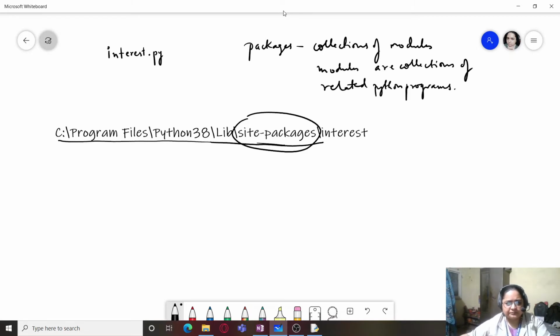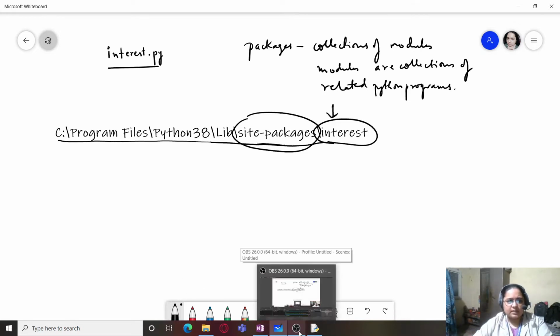So what I have done is I have copied my package, I have copied my module, and I have pasted it over there. How I have done it is a topic for another day. We will discuss in detail how we can create this package and how we can use it in the form of a module, how we can import it as a module. We are just going to see some other things today.